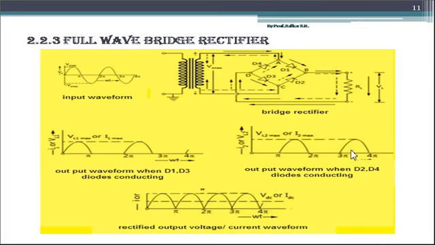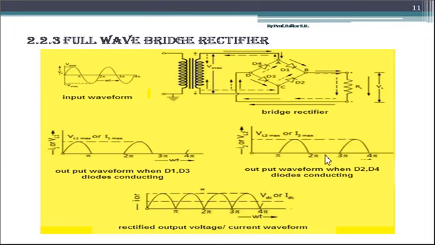That is, this kind of waveform we get during the negative half cycle of the input AC signal due to diode D2 and D4 forward bias. That is, you have to keep in mind, during positive half cycle D1 and D3 are forward bias, while during negative half cycle D2 and D4 are forward bias. That is, the anti-parallel mode is followed by this circuit, and that is why the name is given as bridge rectifier, and full wave, as it rectifies the full waveform.